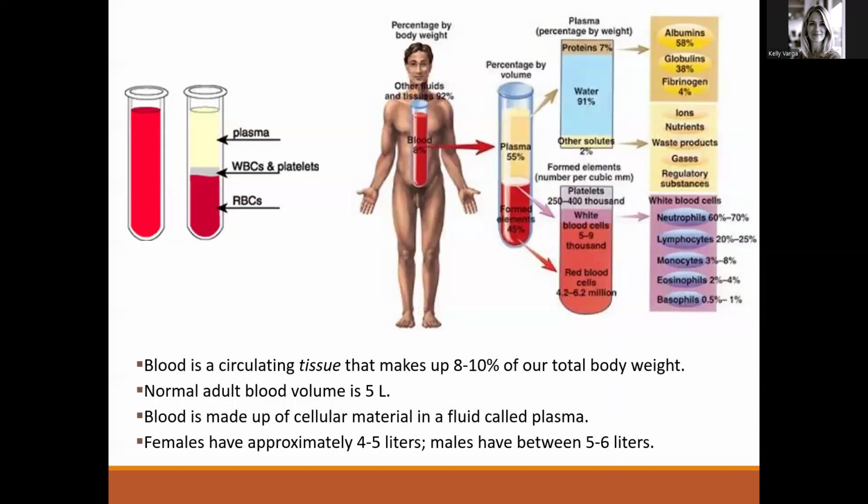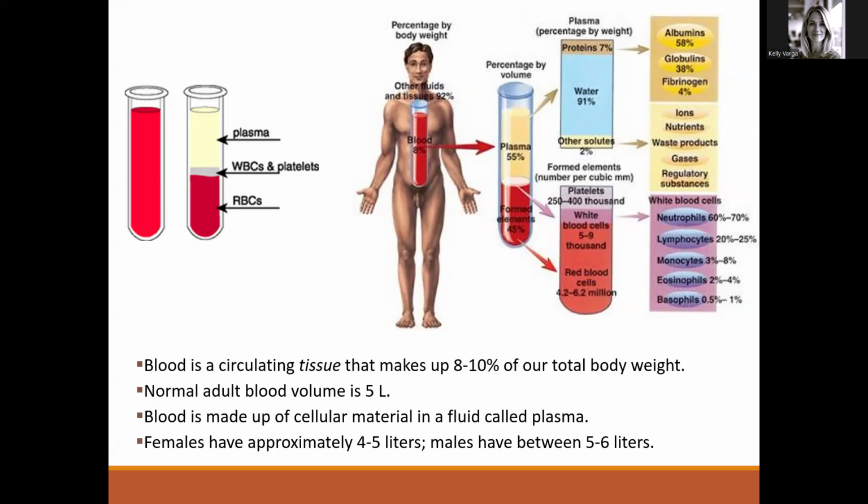So if we are thinking about this as far as crime scene makeup, and also just, what do we have to understand about the makeup of blood? We have to understand what is the breakdown of what blood is physically made up of, right? So first and foremost, blood is a tissue, right? It is a circulating tissue. It's important. It's a tissue that continuously moves throughout the body, and it makes up about 8 to 10% of